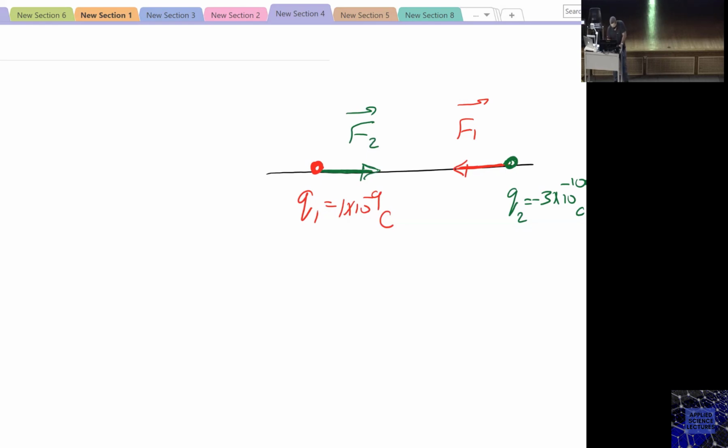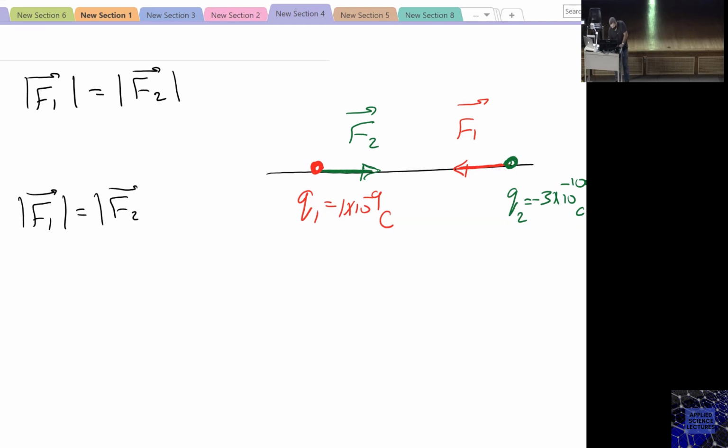Okay, so now I know which force is caused by which, but keep in mind that F1 magnitude equals F2 magnitude. So if I want to calculate this force magnitude, I can say F1 magnitude is also equal to F2 magnitude,